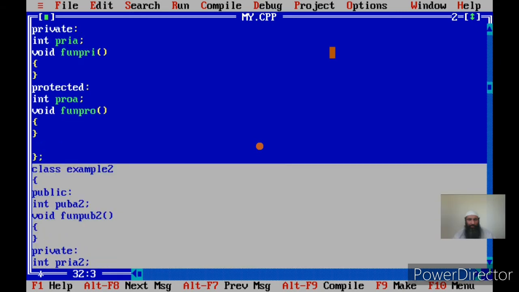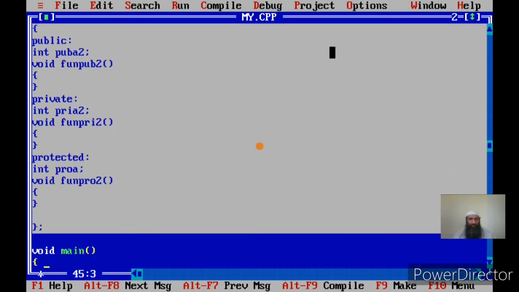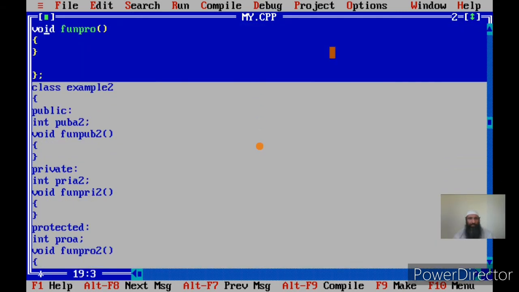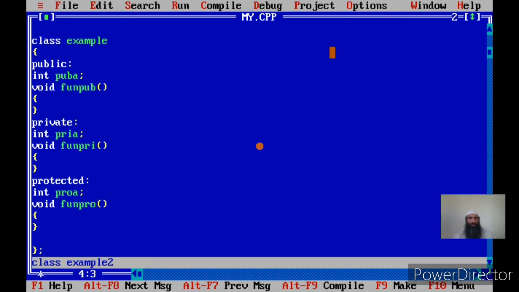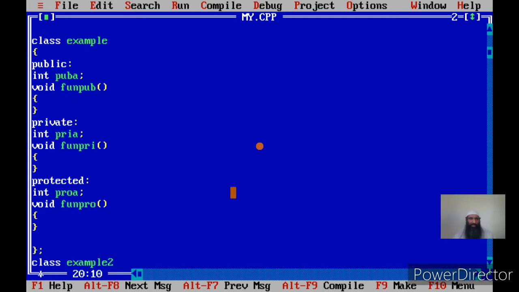Once I have created the two classes, let us first understand what the member functions of example are: function pub, function pry and function pro. They are said to be member functions because they are defined within the class example. Now we can have another member function.